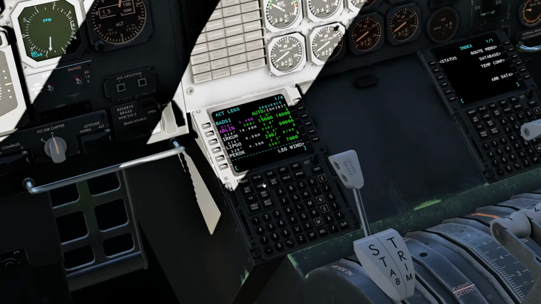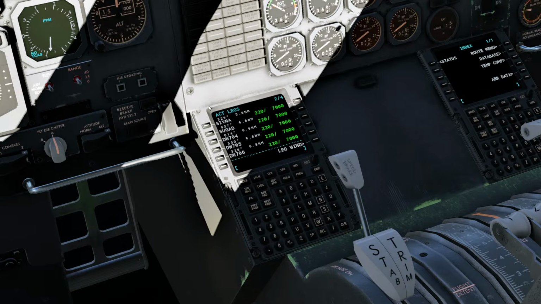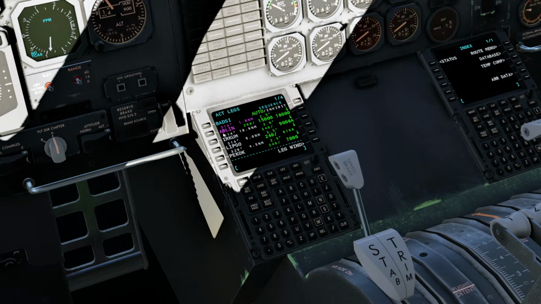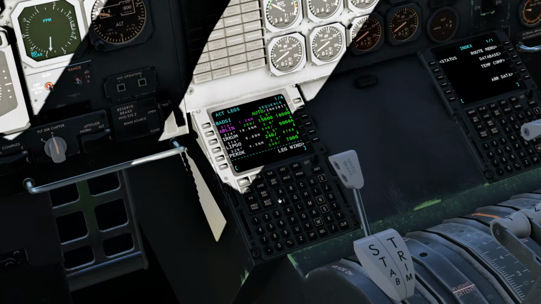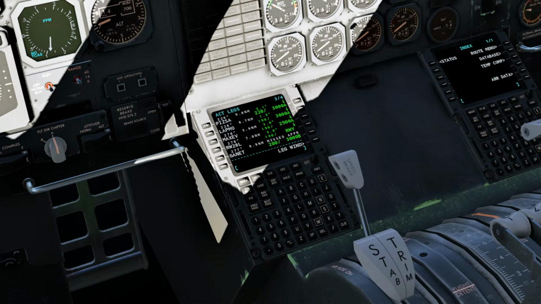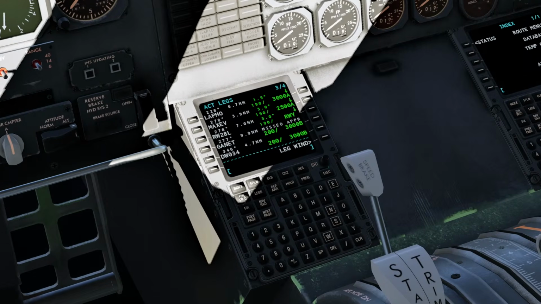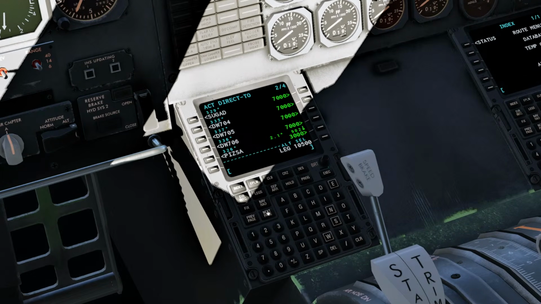So before we do that, aviate, navigate, communicate. We're going to go and look on here for Pisa. Why is it not on our flight plan? Oh, it's part of these. Have we got lap mode? Why is it not in here? Oh, there it is. So we're going to go direct to Pisa. So we're going to go direct to